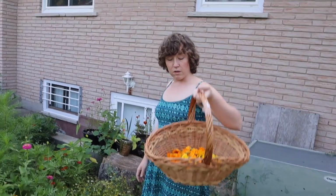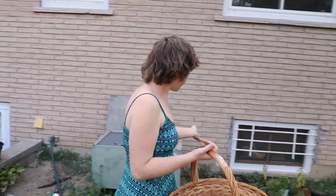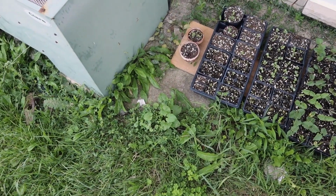I thought it was supposed to be like basil, but I also got this for $2 at the thrift store. This big basket. What a beautiful scene of the air conditioner. Well, while we're here, we've got our fall garden right here because I was inspired watching all of my YouTube